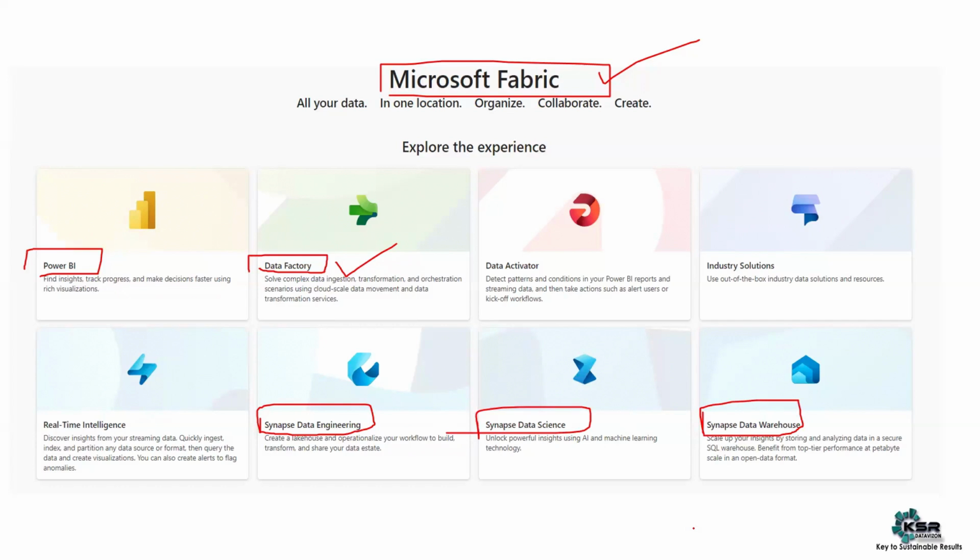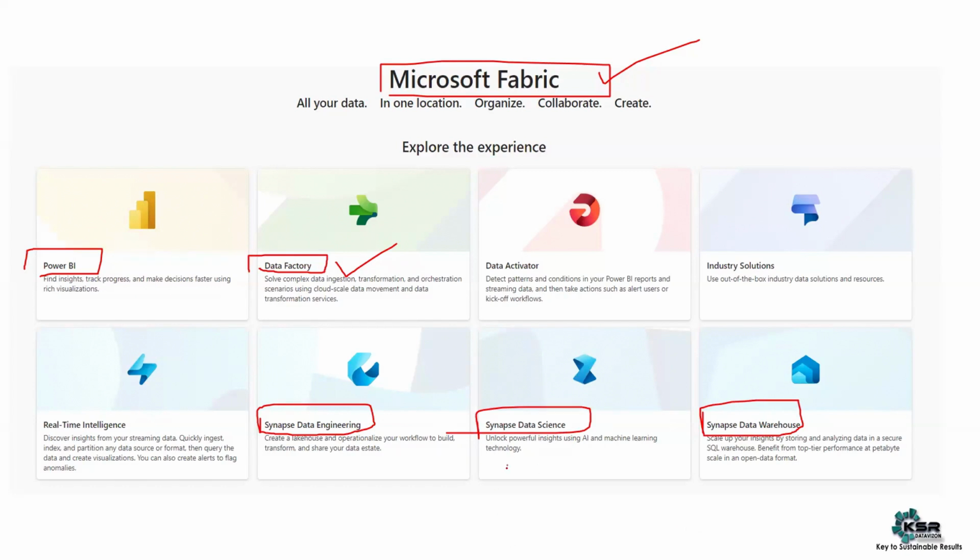If anyone asks you, if you are a Power BI developer, and if anyone is asking, do you know Microsoft Fabric end to end? First question you should ask them. Fabric is a combination of data analyst, data engineering, and data scientist services. So if I am a Power BI developer, I should know what data analyst will do. Only those services are useful.